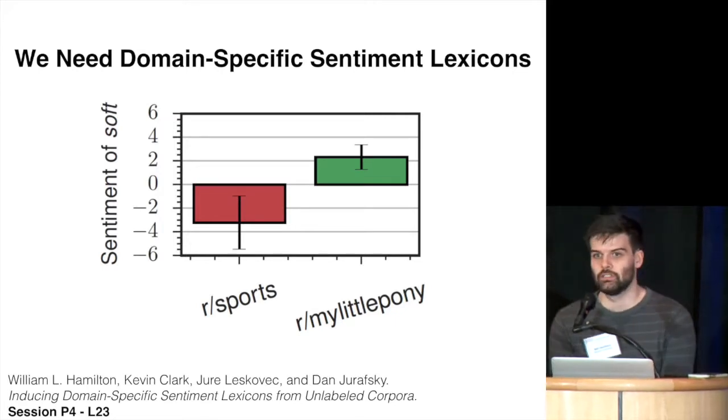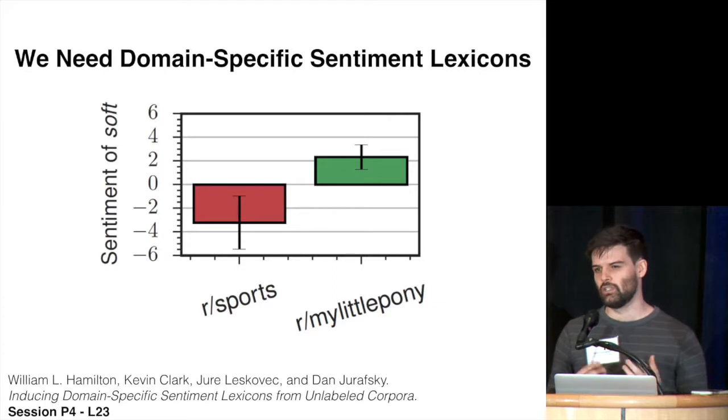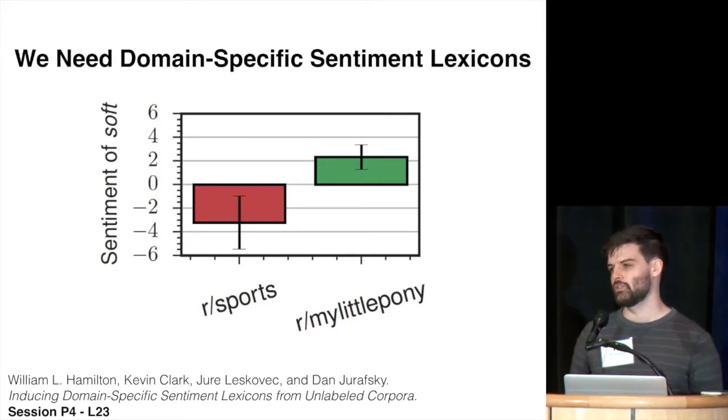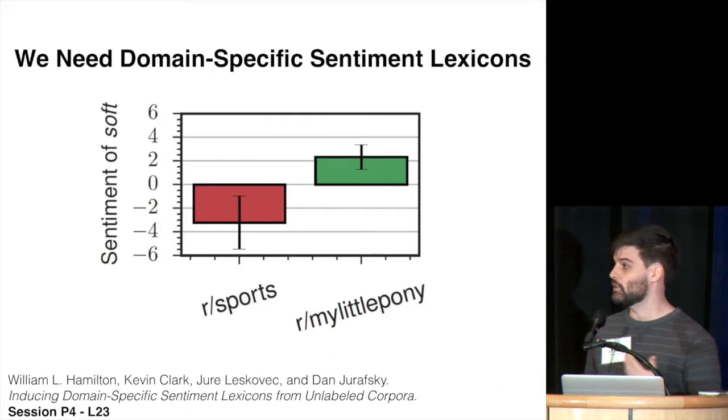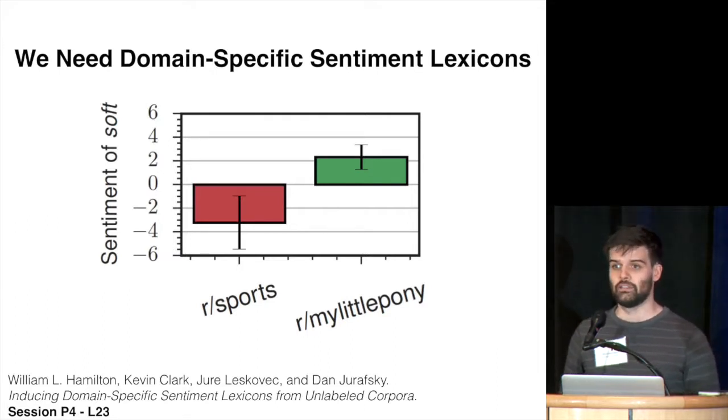Hi. So sentiment analysis, where we use machine learning tools to infer the emotion or attitude in texts, has a lot of important applications. You can use it to predict whether or not a stock is going to go up or down, or social scientists can also use these methods to do large-scale studies of antisocial behavior. However, to really make sentiment analysis tools work at a state-of-the-art level off the shelf, they need to be aware of language variation. Take the example of a word like soft.